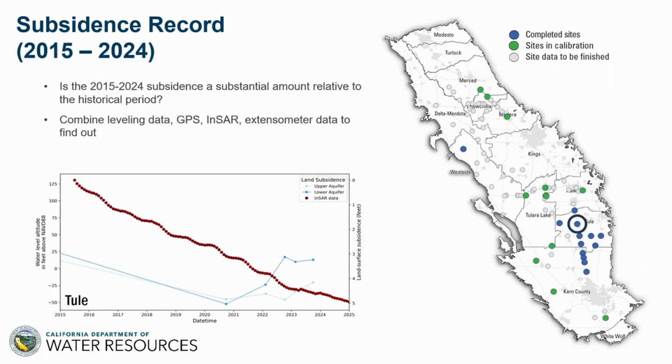I'm going to show one more site, this time in the Tule Subbasin in the southern Central Valley. There's been a lot of subsidence at this site between 2015 and 2025, right at about 5 feet, so an average of about 0.5 feet per year. One of the areas of maximum subsidence during the recent periods across the Central Valley is here in the Tule Subbasin. So again, if you look at the bigger picture and you plot the long-term subsidence,